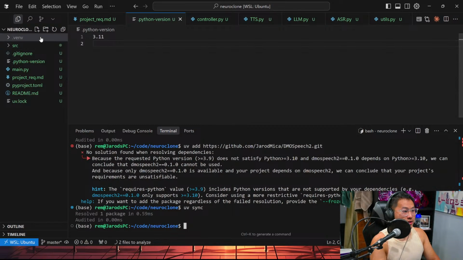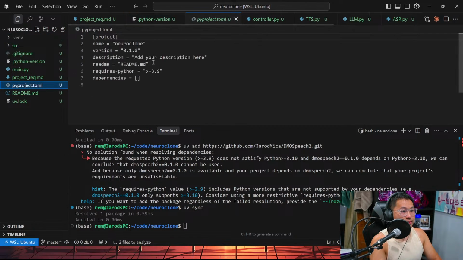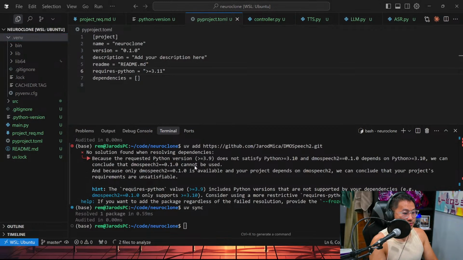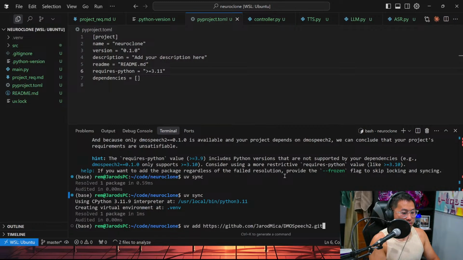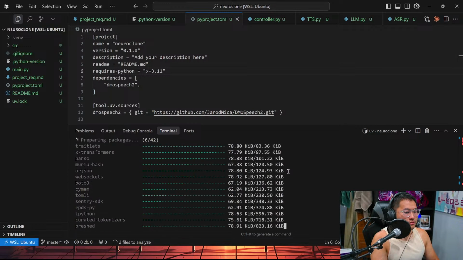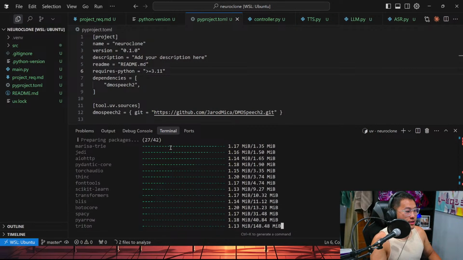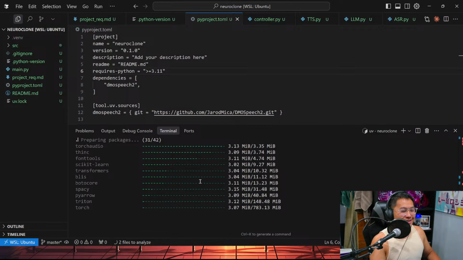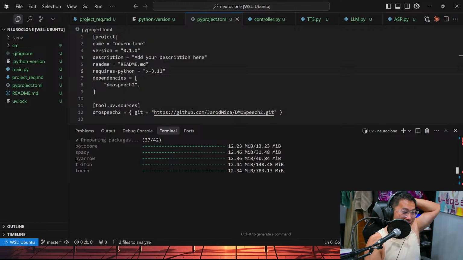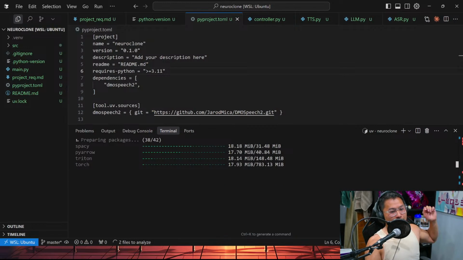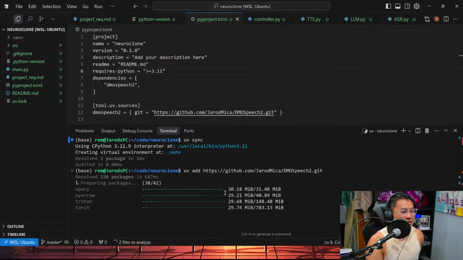Oh my god, pyproject 3.11. Okay, there we go. Yeah, like I said, UV has its quirks. I'm pretty used to managing everything with venv, but yeah, UV is interesting.